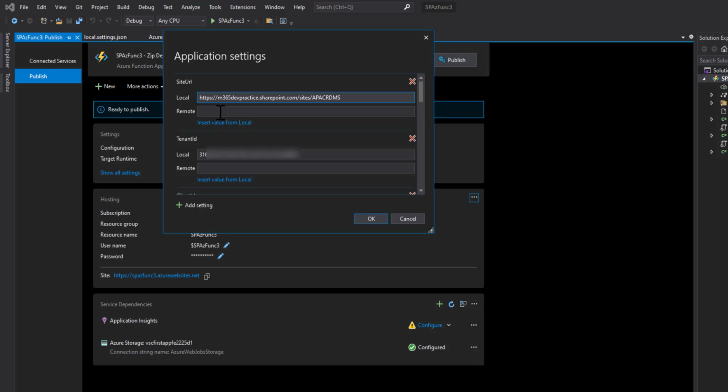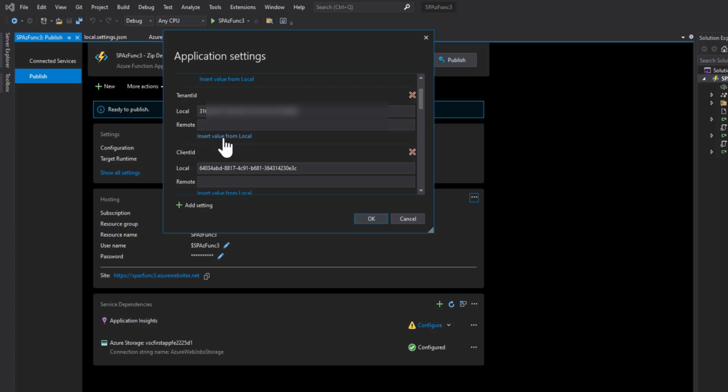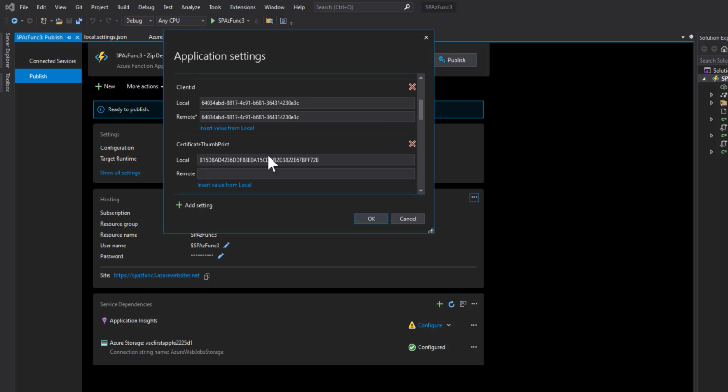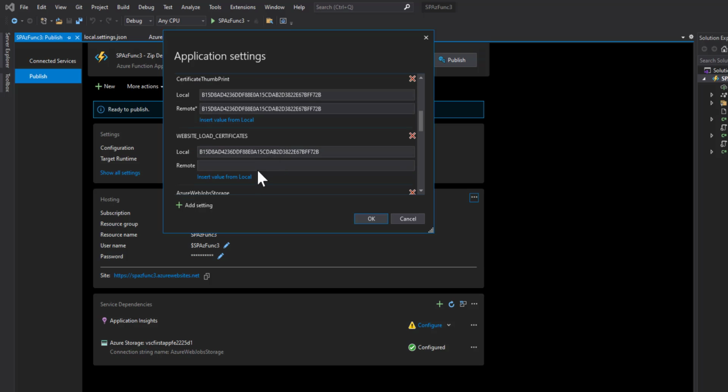Whenever you deploy, that URL will be updated in the Azure function app settings. I'll just use the same URL, so I'll click on insert value from local. For me, all the values are the same. It should be from local. I'll just click everything, and certificate thumbprint.